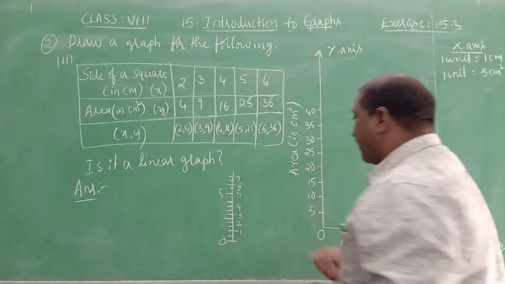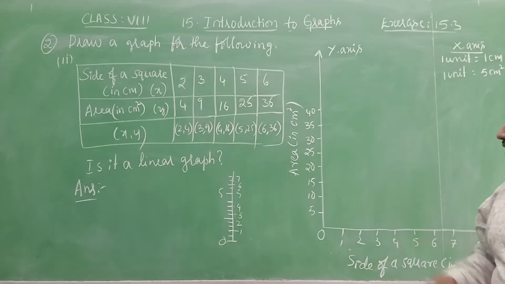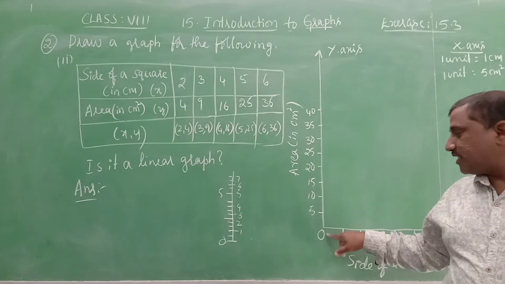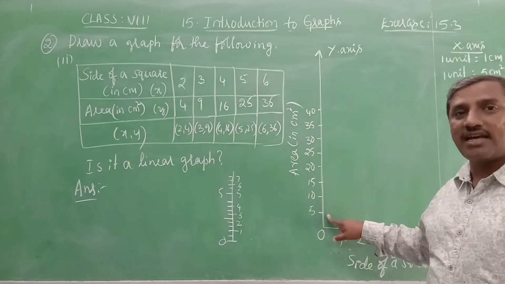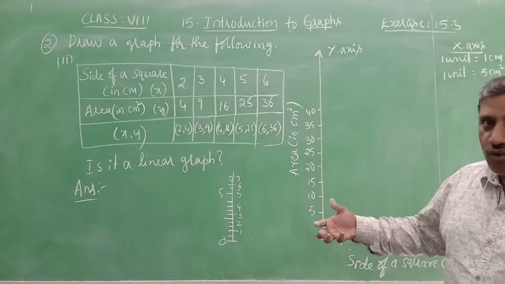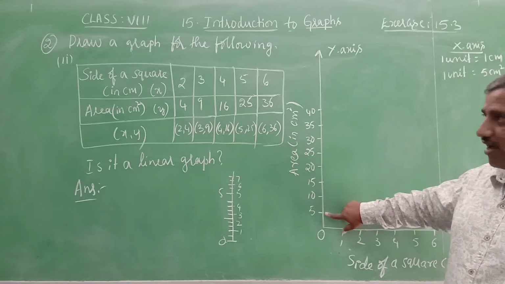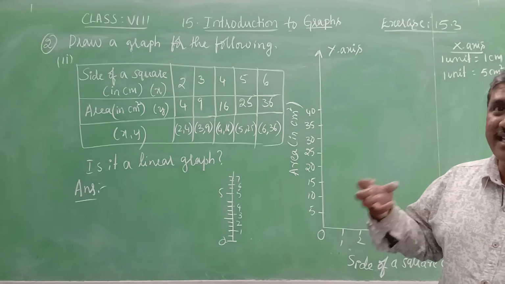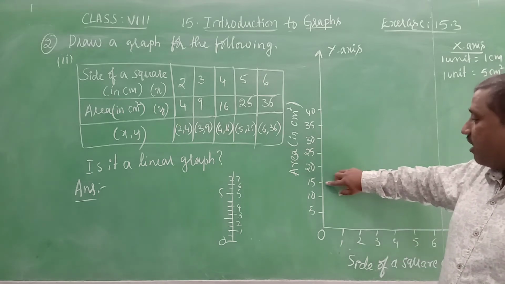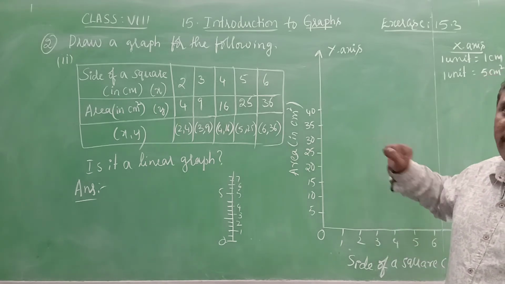The second line on the graph sheet between 0 and 5 or 5 and 10 or 10 and 15 and so on will give 1 square centimeter area. For example, if you want to represent 4 on the y-axis, where do we get the 4? Yes, it is on the 8th line between 0 and 5. If you want to represent 16 on the y-axis, it lies in between 15 and 20.